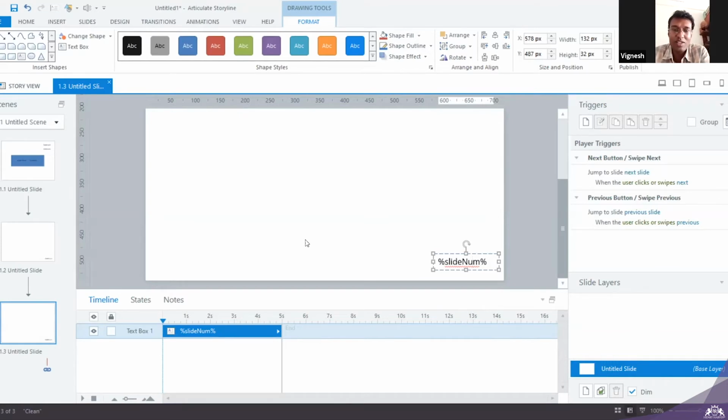The problem which I faced, the challenge here, is when I click the back button. I'm having 5 slides, I'm clicking 1, 2, 3, 4, 5, and it shows. When I click back to 4, it shows 6, 7, 8, 9, 10. It's again going on incrementing.